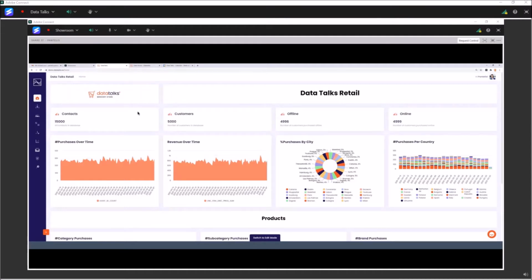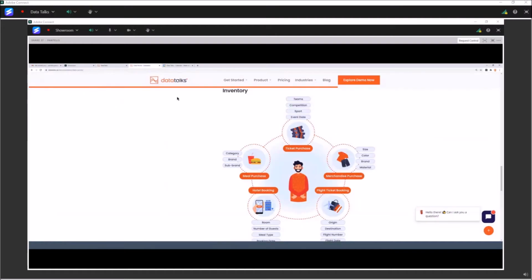The second is what we call Datatox integrator, meaning that you have data on third-party systems and you want us to collect this data for you and ingest it into Datatox CDP so that you can use it. Usually this happens once per day. And the third and most popular and the best way, of course, if you want to act in real time, is the Datatox API. This is a RESTful API that is published. You can authenticate, easily integrate with it, and you can send data in real time,